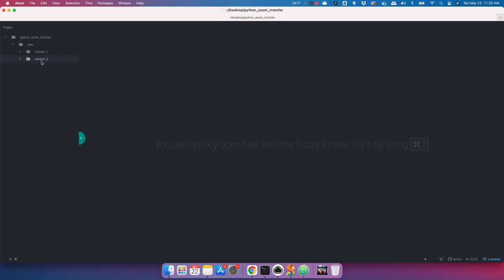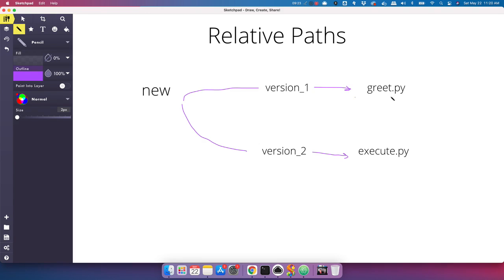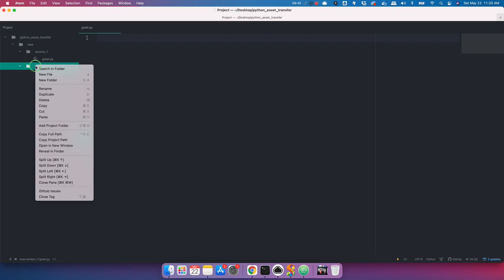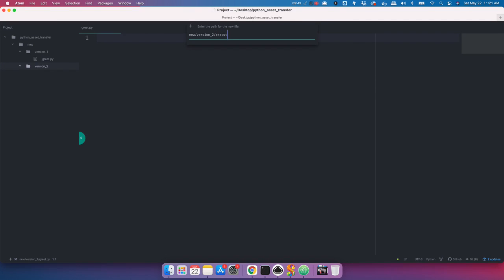You're going to have two different folders in here. Now, with each of these folders, you're going to have a different Python file. If we go back to our sketch, you'll see that version 1 has greet.py and version 2 has execute.py. So what we're going to do is replicate that exact same structure here. So we're going to say new file when we select version 1, and we're going to say greet.py. And then for version 2, we're going to say new file, and we're going to say execute.py. Okay, so now we have two different empty Python files that have been created in these two subfolders of the new folder. So now that we have done that, we are ready to